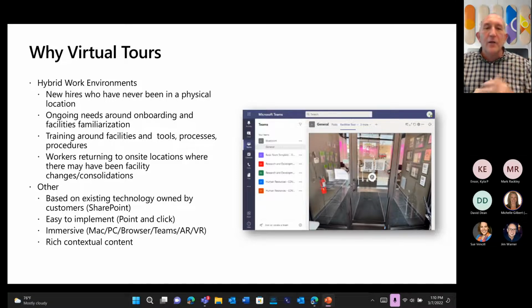One of the other scenarios is this need for onboarding, again, and facilities familiarization, training around facilities, tools and processes and procedures. So one of the examples I'll frequently talk about is a hospital I had that, during the pandemic, as they had to move some clinicians around, they wanted to be able to, for example, let's say we're talking about the pre-op in the OR room, the operating room, right? So they have equipment that's staged in various areas. They have procedures that they go through, and being able to allow a physician or a clinician of some kind